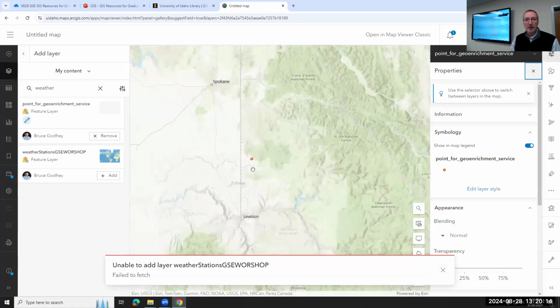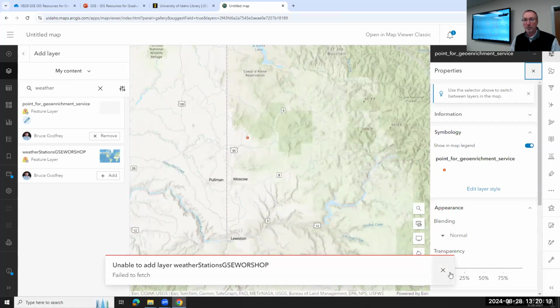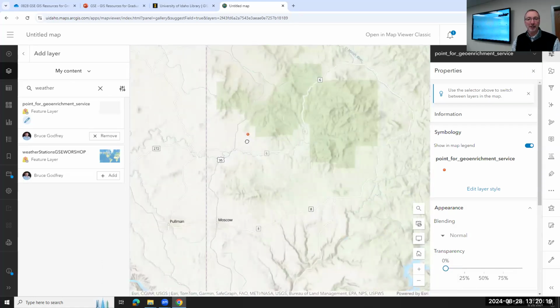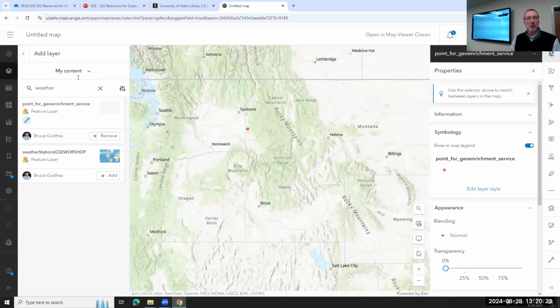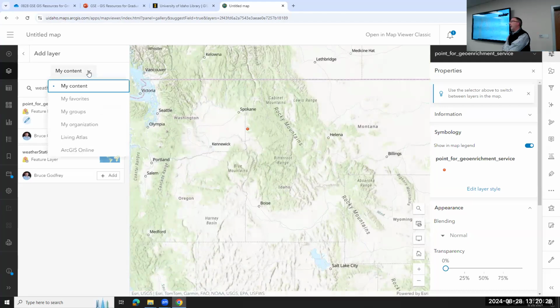So here's a data set that I uploaded previously that had one point in it. This is my own data I'm accessing, and I'm adding it to Map Viewer here. We could then get other data sets that other folks have published. We can certainly publish our own data on here, but we can also add data sets that other folks have published. So if I have favorites listed, or if I have a group, I can add data sets from the organization. I can add it from all of ArcGIS Online,